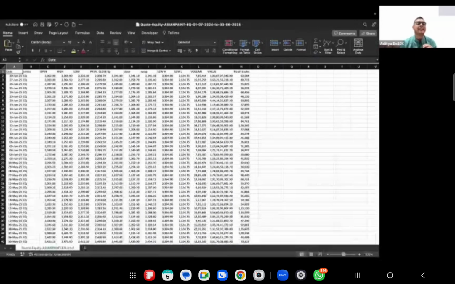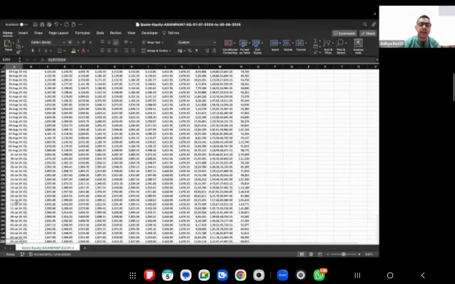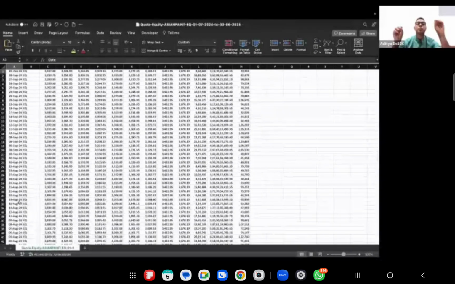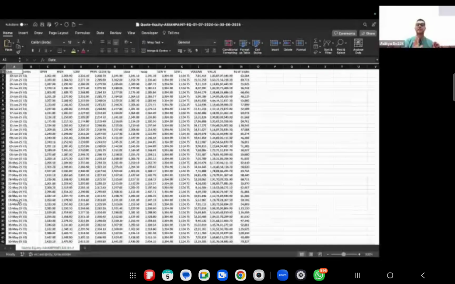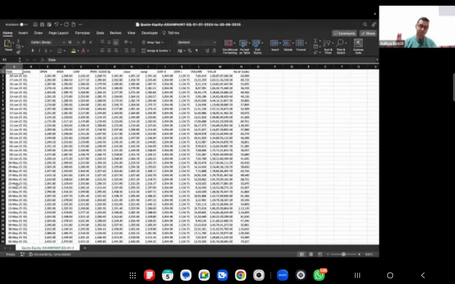Tell me something. If I give you a data set like this, which is the equity data of Asian Paints, basically the stock market data of Asian Paints from 1st July 2024 to 30th June 2025, basically last year, and I tell you that I need a thorough analysis of this data, key insights from it, a lot more analysis, and a dashboard made out of it, what do you think?